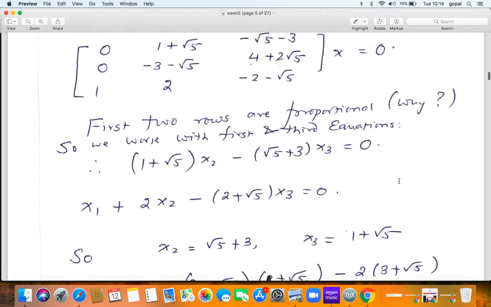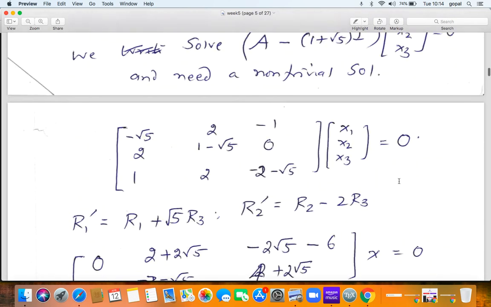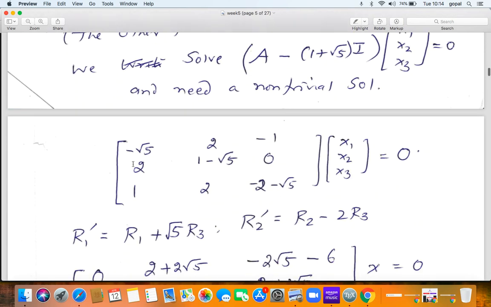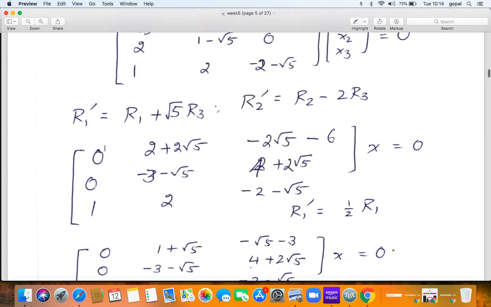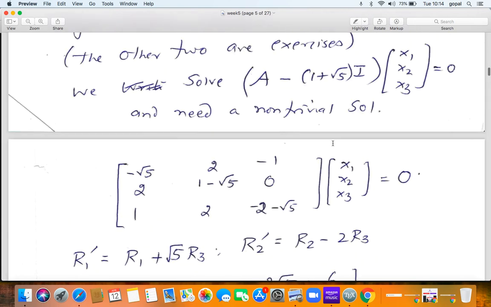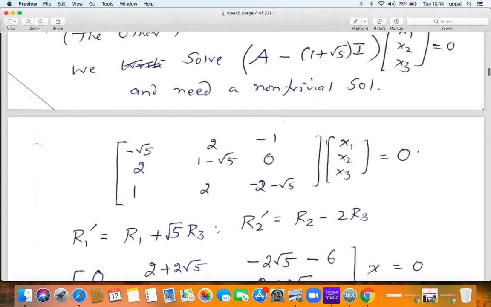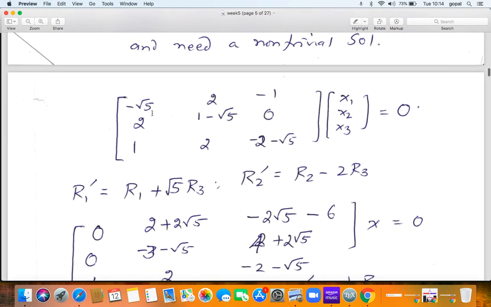So this example should convince you that if you have done the calculation correctly, if your eigenvalue calculation is correct, if you got your lambda correctly, and if you write A minus lambda I v equal to 0 and perform row operations, at least one row must become 0. If you have done the calculation wrongly, if your eigenvalue calculation is wrong,